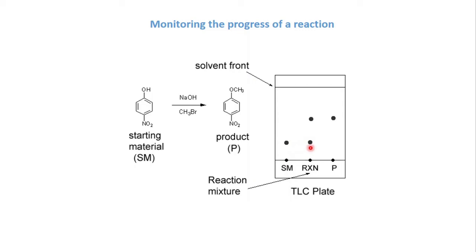Now in the reaction mixture, if you carefully examine, you see two spots, one with respect to the reactant, another with respect to the product. So what do you say from this at this stage? Reaction is running, reaction is taking place. It is forming the product from the reactant, it is converting the reactant into the product. Now it's not yet over.